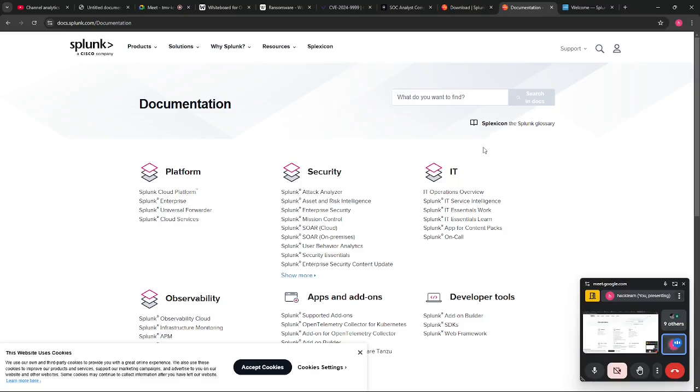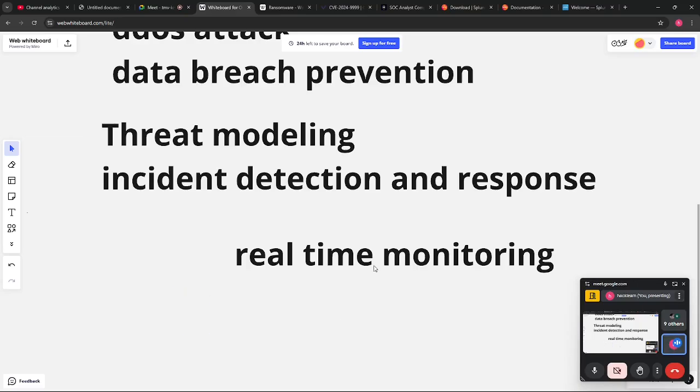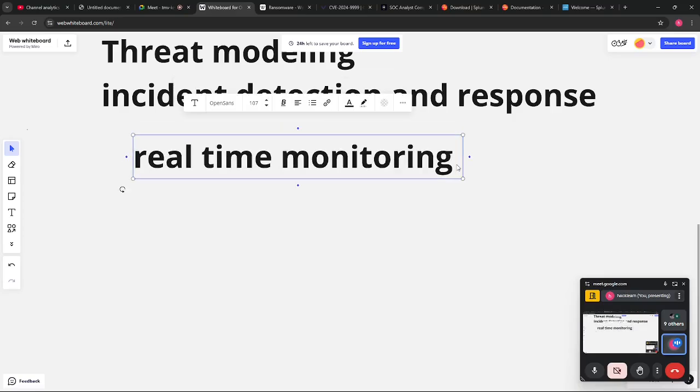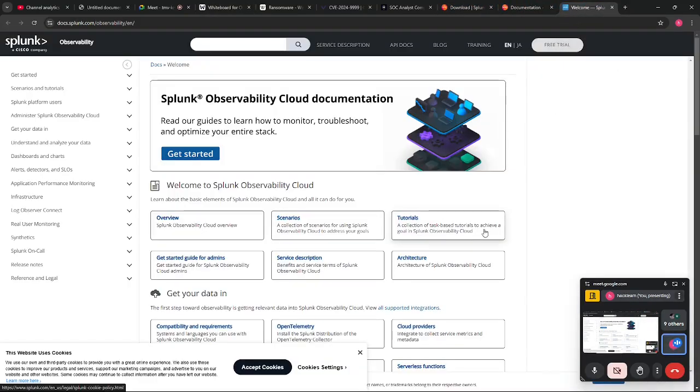Splunk also provides real-time monitoring. Let me write on a whiteboard. Splunk provides you real-time monitoring of all the activity happening around your server. It provides a live dashboard to the SOC team. If you join as a SOC analyst, you will get a Splunk dashboard, and on that dashboard, you will continuously view all the network and system